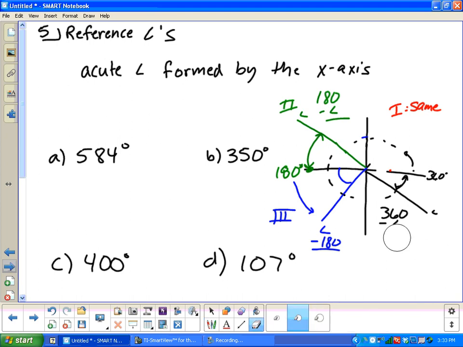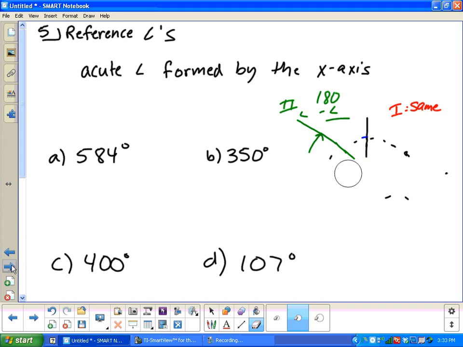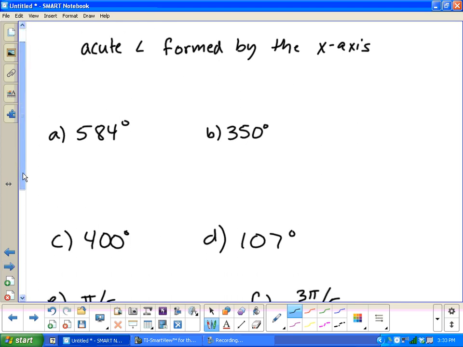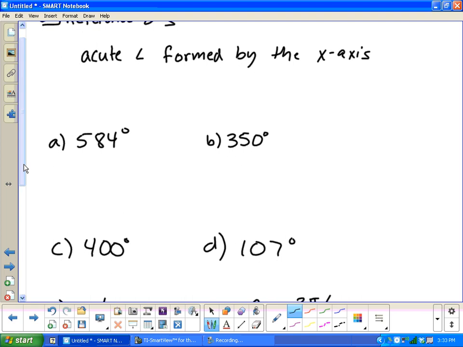And so I always drew the angle and just figured out what the reference angle was. Now, let's go through these. I'm really not going to draw, I might draw one of these for you here, but really what I'm going to do is apply the rules here as to what quadrant it's in. Now, when it's in radians, that's going to be a different story. Now, notice A here is really the hardest one